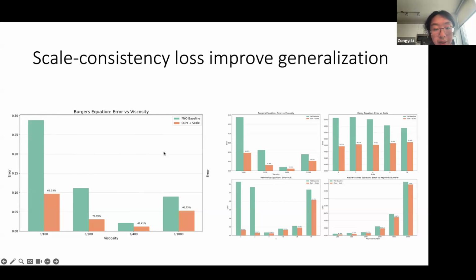We show some examples where we train on many different scales. So not just one global and one local scale, but we have Reynolds numbers from 200 to 10,000. Given one training case, the green bar is the baseline method. It has higher error when generalizing to lower and higher scales. The orange is our scale consistency method. It reduces error across the lower and the higher scales. So it actually generalizes better to unseen scales.